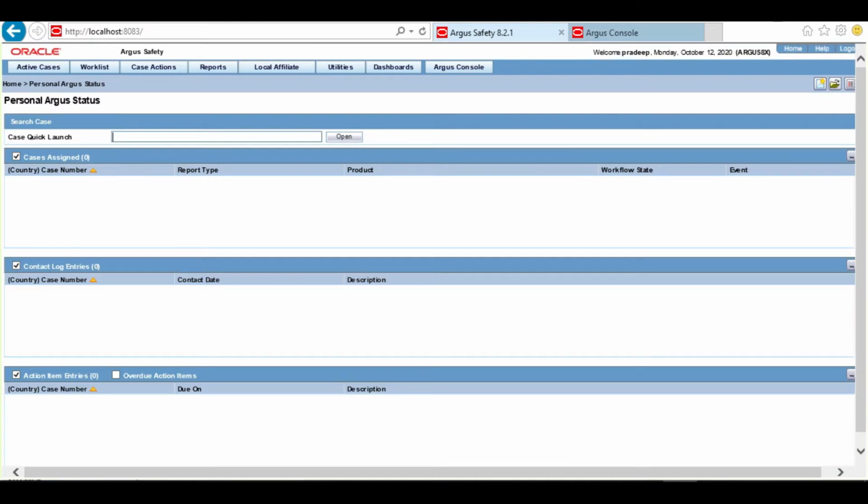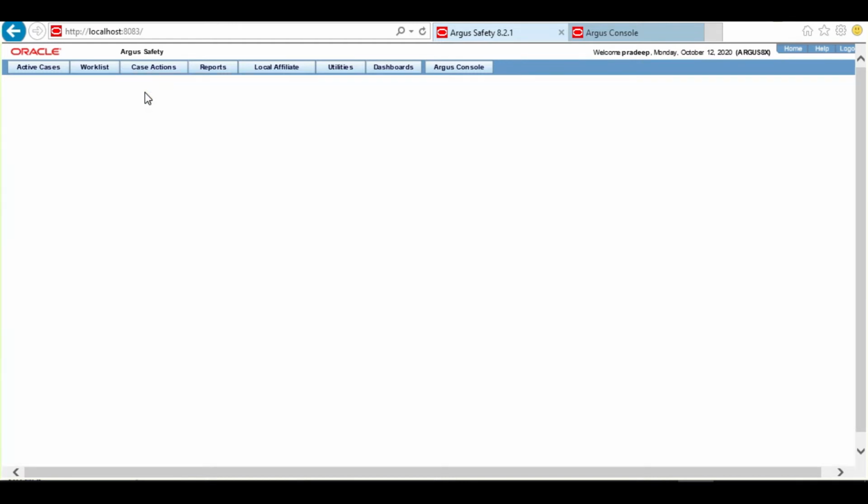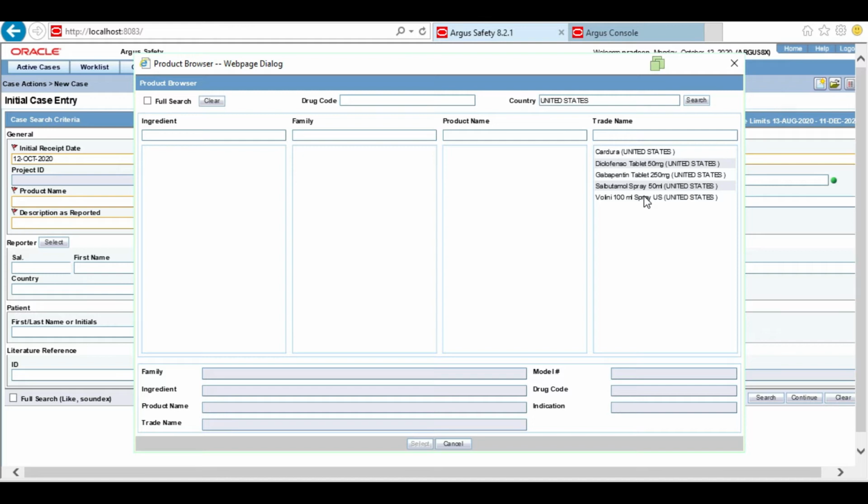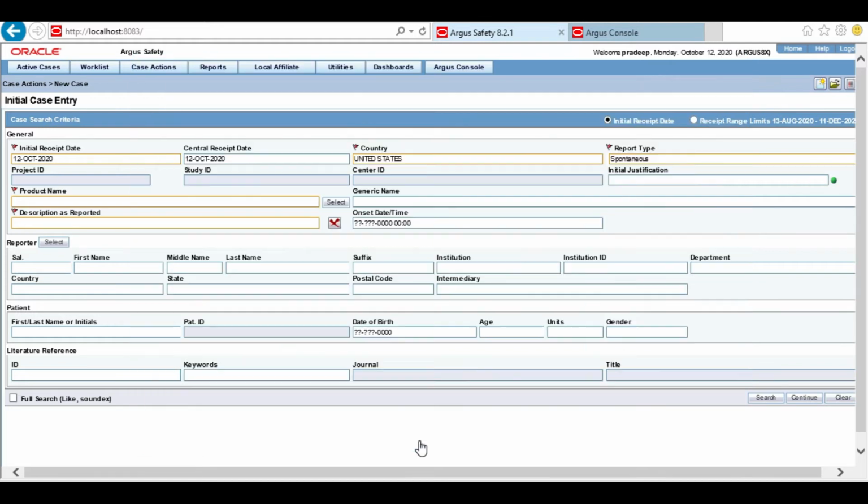Now our objective would be to trigger the report. Let us create a case and enter dummy data. We have to ensure that the country of incidence is United States, and the product that we are selecting is Volini because it has a US license.